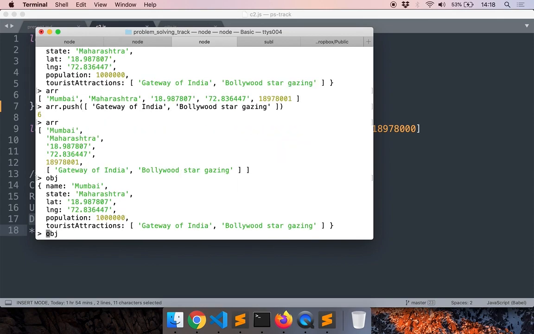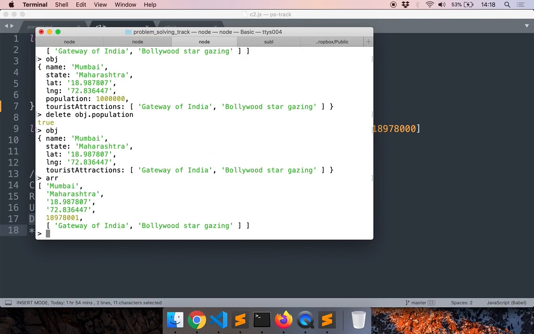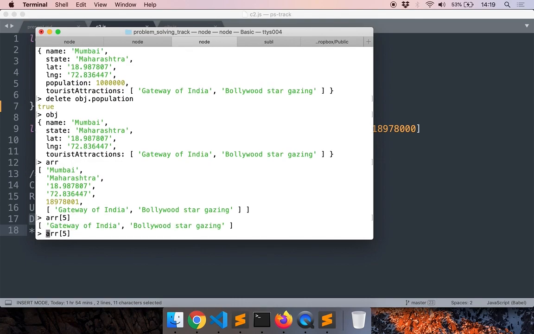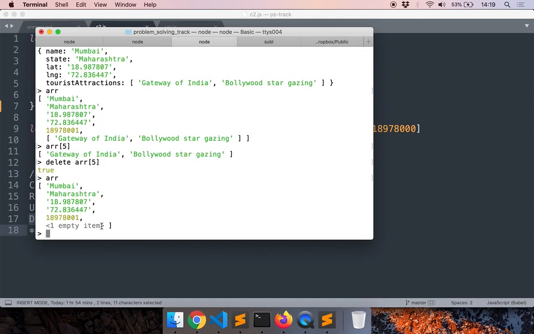If I'm using an object and I want to delete the population, I just have to say delete object dot population, and the population is deleted. With arrays, we usually don't perform the delete operation commonly, but for the purpose of completion, we can do that. So I can do delete array of i, but you can still see that there is a space allocated for this particular value, but right now it is empty.